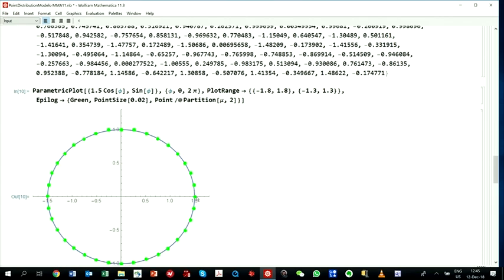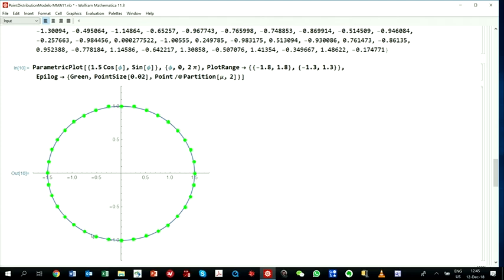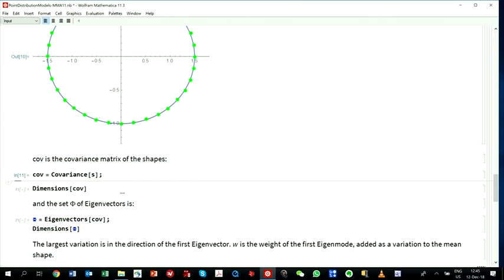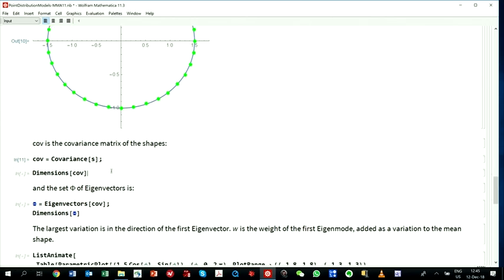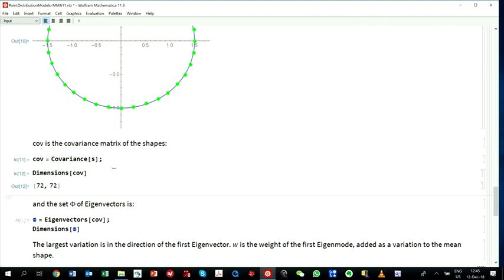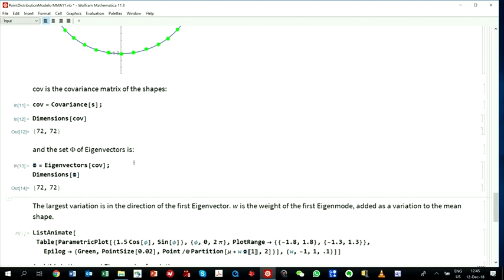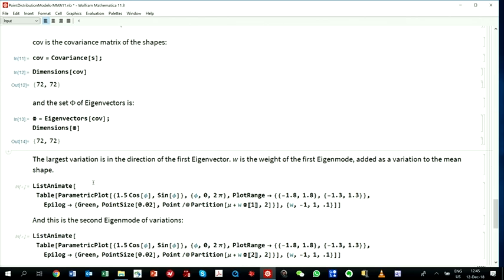If you plot the mean, you see, okay, this is the mean, all the noise is gone. Now I calculate the covariance matrix, and in Mathematica it is, of course, extremely simple, covariance of this matrix. So what are the dimensions? It's square, 72 by 72. And what are the eigenvectors? Okay, calculate eigenvectors. 72 eigenvectors, each 72 long. And now I show the